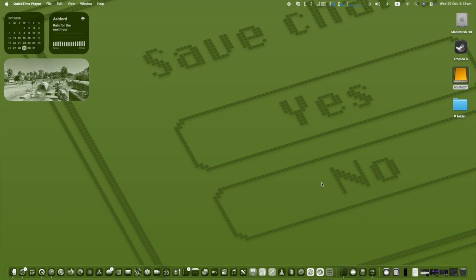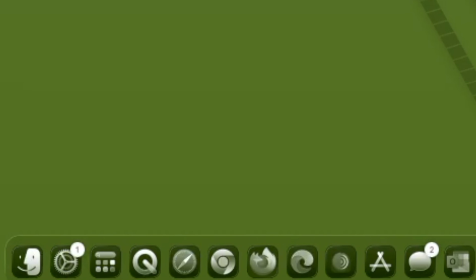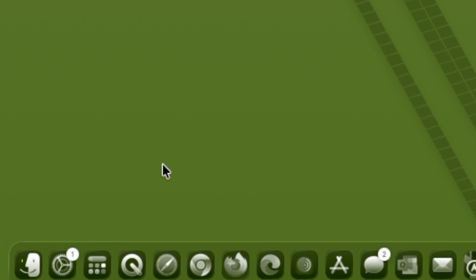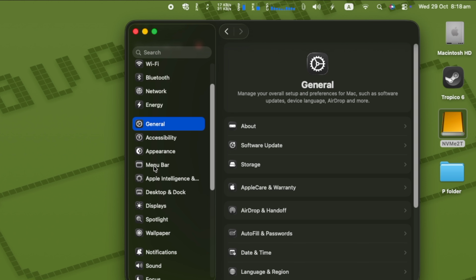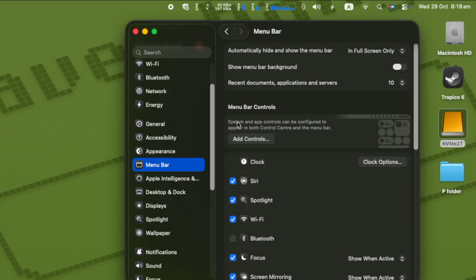Hi, I will show you how to restore menu bar background in macOS Tahoe. In macOS Tahoe, the liquid glass design overhaul makes the menu bar look less like a bar than ever because there's no longer a visible background to it. If you dislike the appearance of menu items floating at the top of your desktop, to fix that, go to